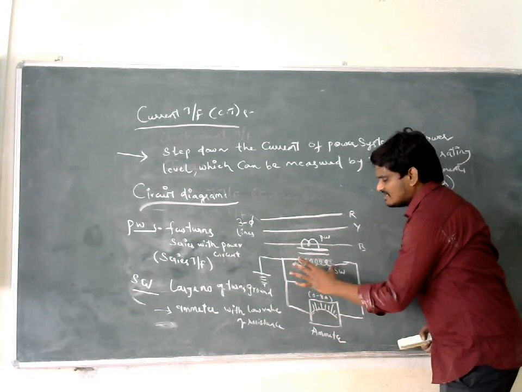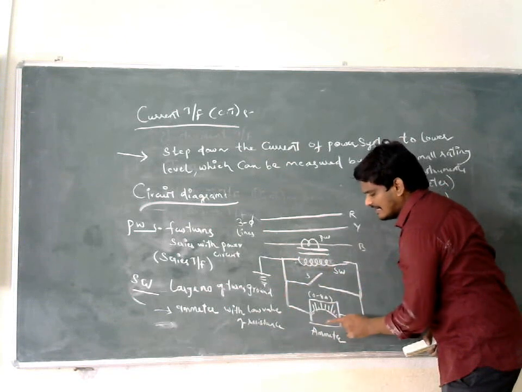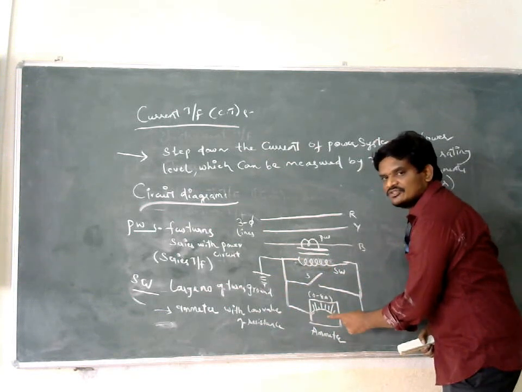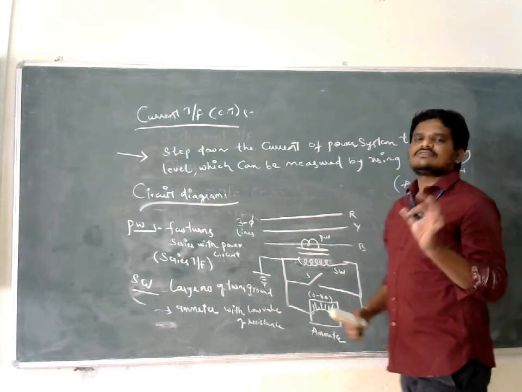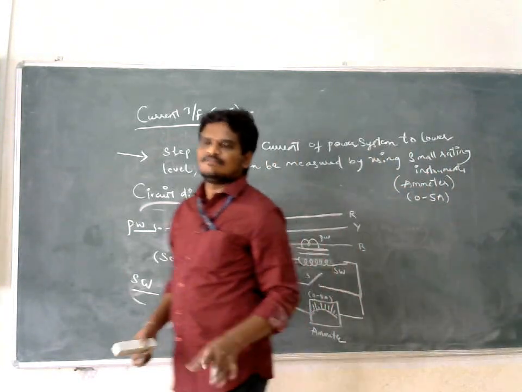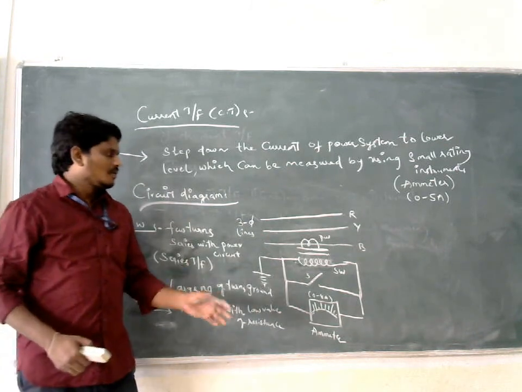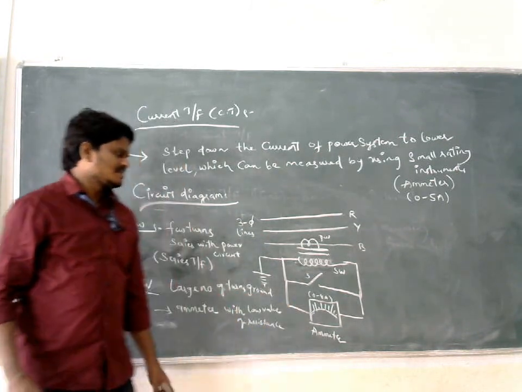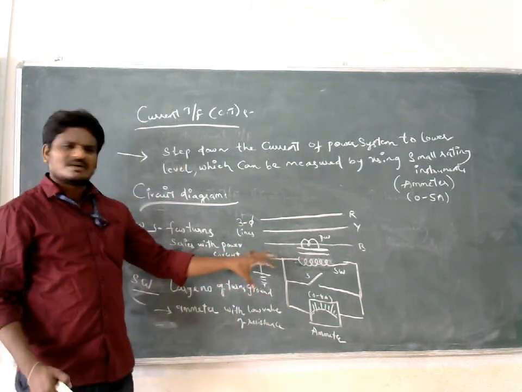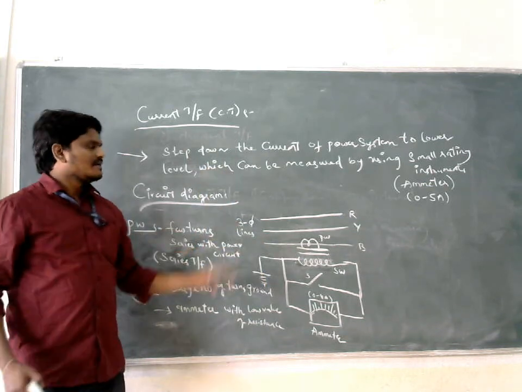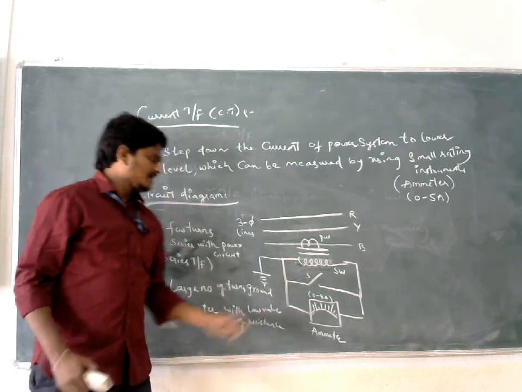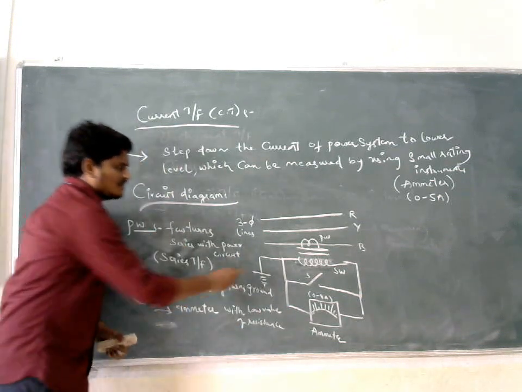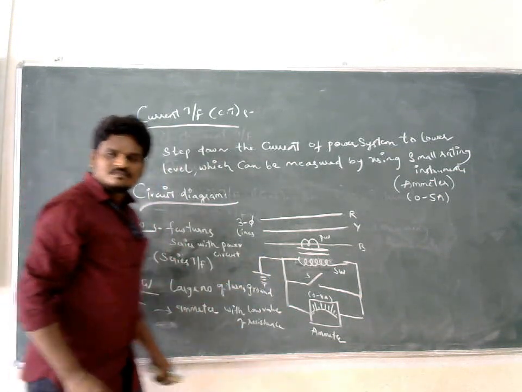And the connection is, it should always be connected directly to the ammeter, as it has a low value of resistance. These are the different constructional parts present in a current transformer: primary winding, secondary winding, ammeter, and there is one more connection in the form of a ground here.